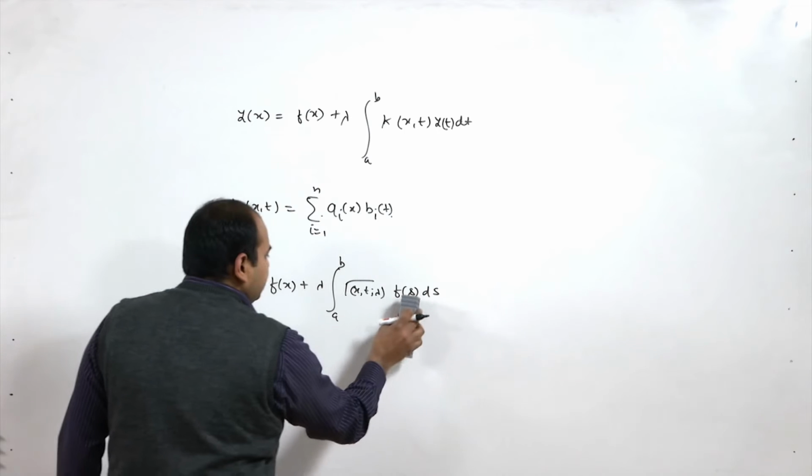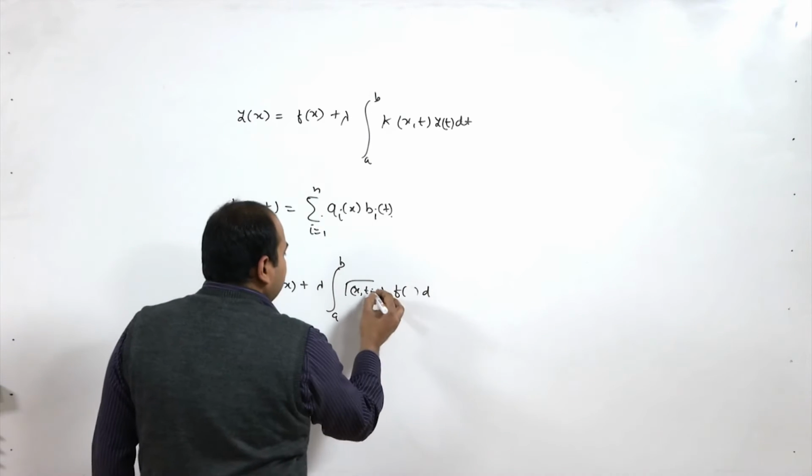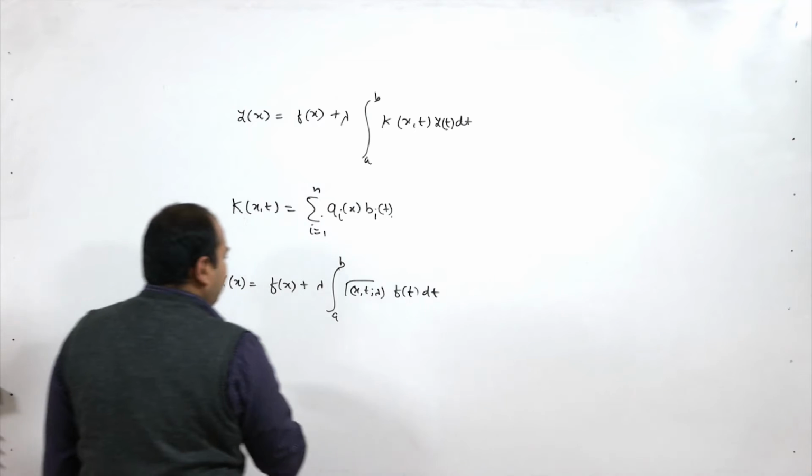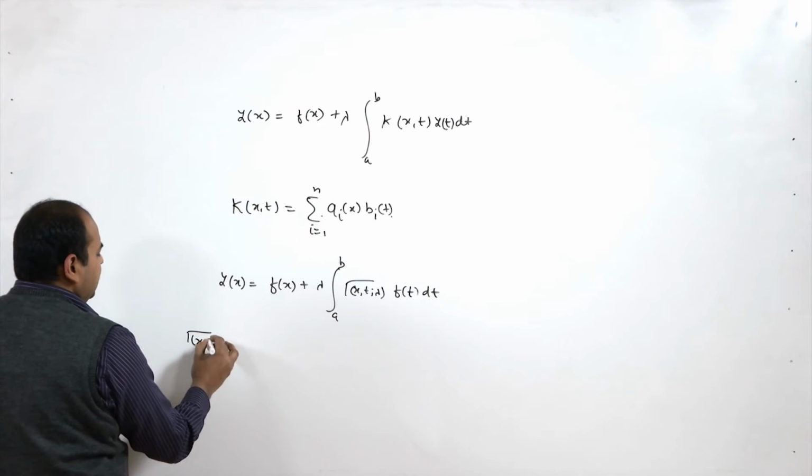Here I am using t, so it is f(t) dt. And we also have seen that we can write this gamma(x,t,lambda),